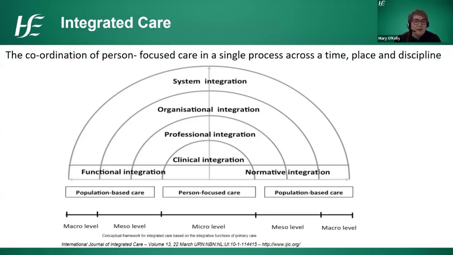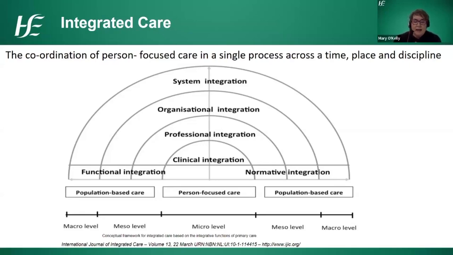So the slide here shows the rainbow model of care, or as is known, the RMIC. And I know a lot of you are familiar with this as a conceptual model. It's also used in the Netherlands, and it places person-focused, population-based care as the guiding principle for achieving integration across the care continuum, with different integration processes playing interconnected roles on the macro level, so that's system integration, on the meso level, so organizational and professional integration, and then the micro level, so the clinical and the service and person integration that we've just heard about from Michelle and Veronica.